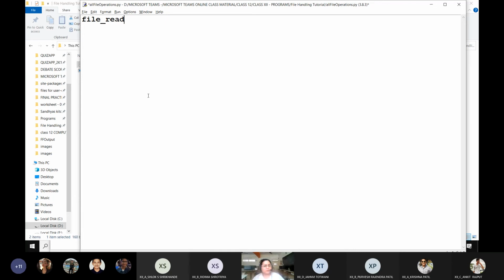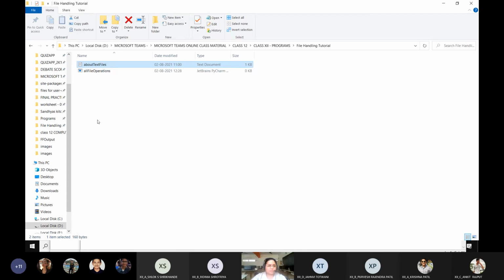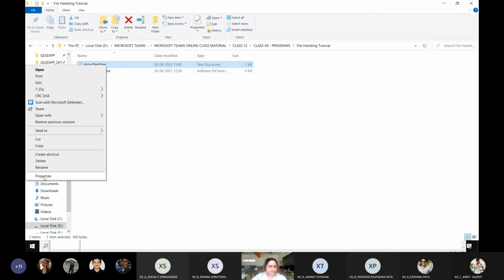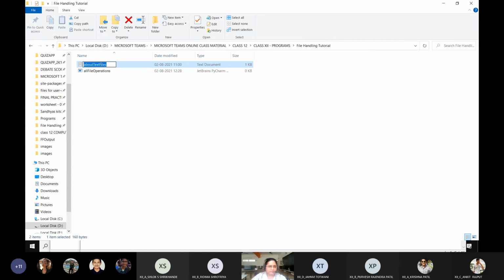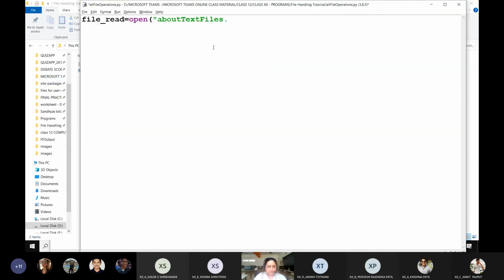I'm going to perform read operation. So I've just given a name, file read. This file read is going to be my file handle. Equals open. What is the name of the file? It is about text files. So you can just right click it, go to rename, copy the name, and you already know its extension is .txt, comma. What are we going to do? We are going to perform read operation, close it.